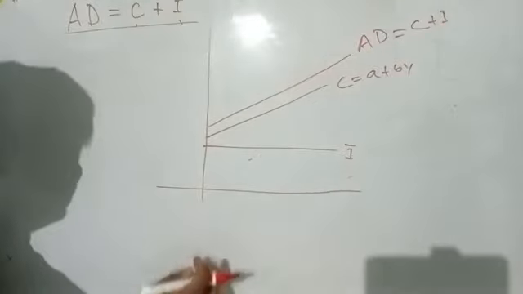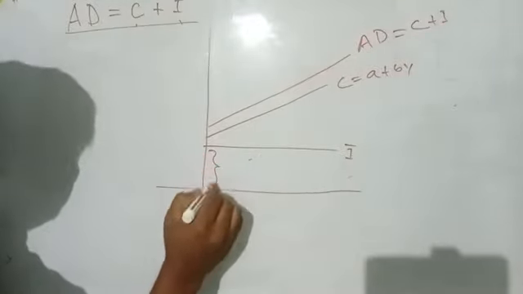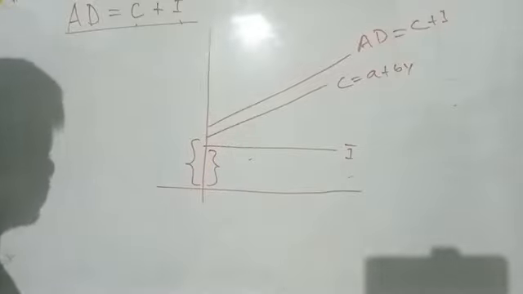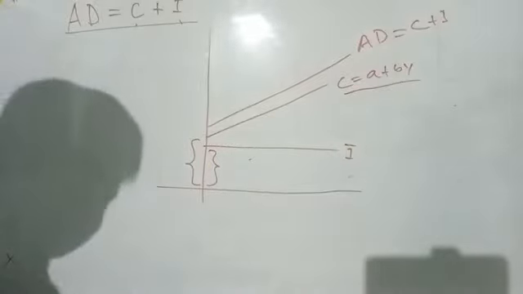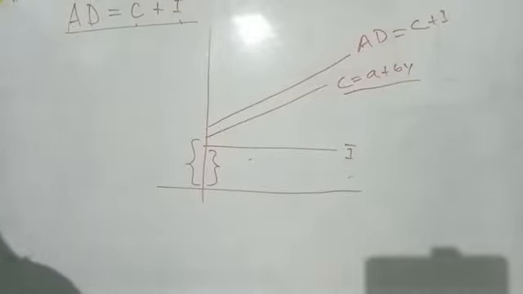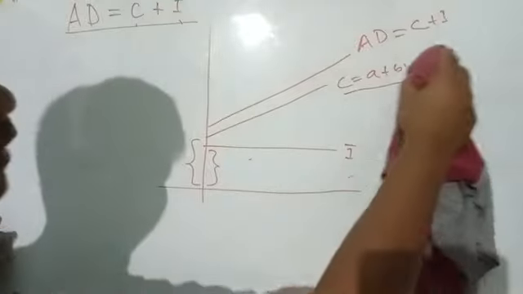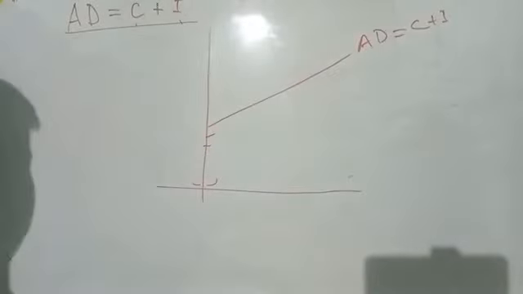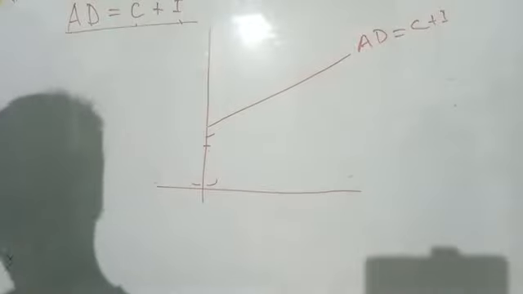So this AD is the combination of this autonomous investment and this consumption curve, A plus BY. So now we have got the aggregate demand curve. This is the aggregate demand. Alright, I hope you have understood. And same like this,